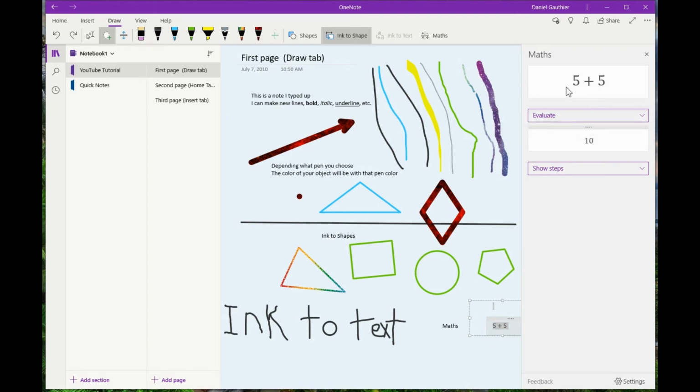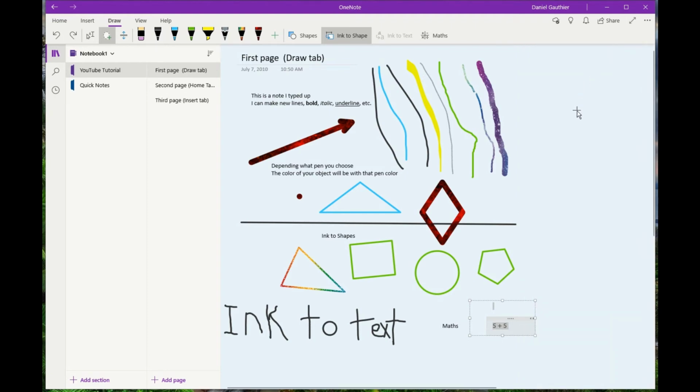So this of course is a very basic equation, but you could have a complex thing, put that in there, select using the lasso tool, hit maths, and it will give you the answer. And then if you want, you can tell it to show the steps, and it breaks it down and tells you exactly how it did it. There's an X there to close out of there. And for the most part, that is the draw tab.